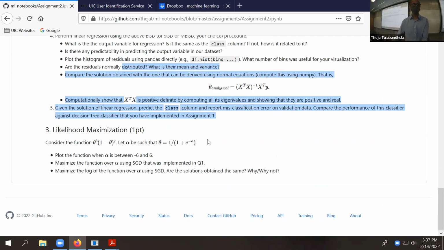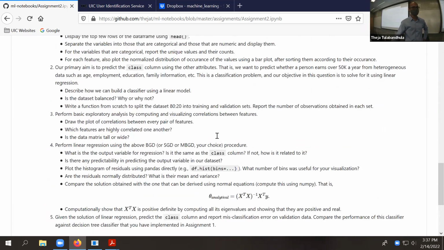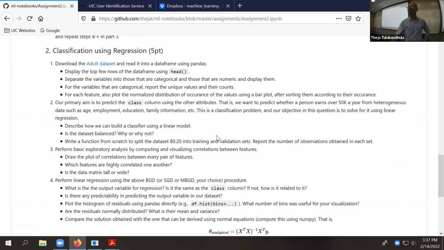Also, in question 2, since we are using a linear model for a classification problem, I could see that this requires a lot of feature scaling and renormalization. But that is not mentioned here. So is this implicitly expected from us to do that?